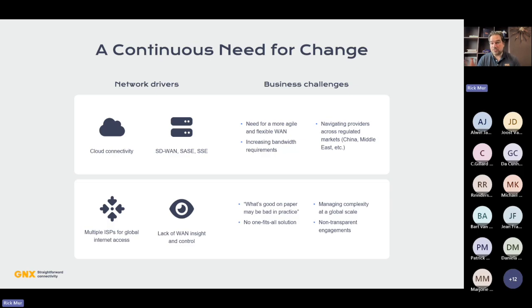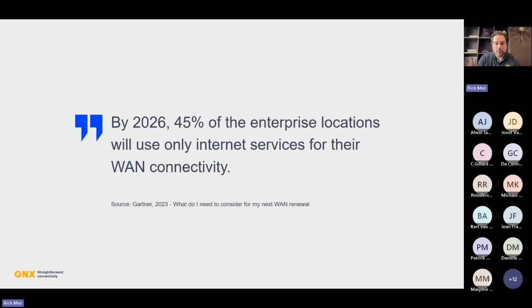This also means that there's a continuous need for change. If we look at, again, in the past, you would procure an MPLS infrastructure from a single big carrier. But if we move away from that, where private connectivity is no longer a necessity, there's a lot of different solutions out there that can solve your problem with regards to private connectivity, but over the internet. Now we can use the internet as a reliable source for network connectivity. It is a trend that is happening more and more.